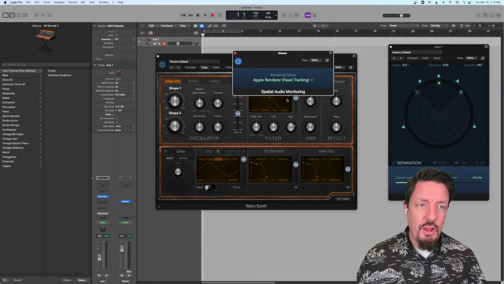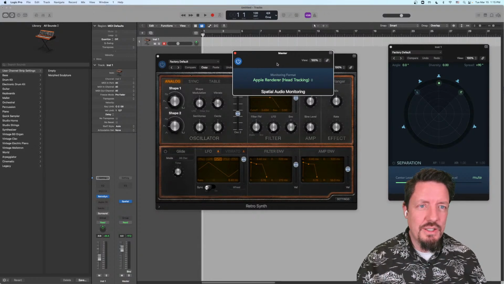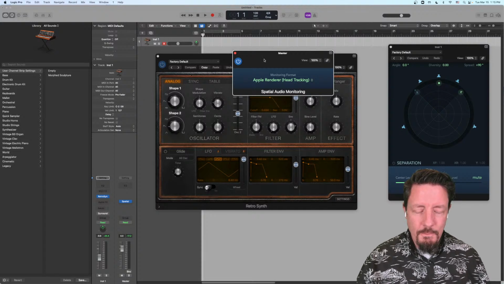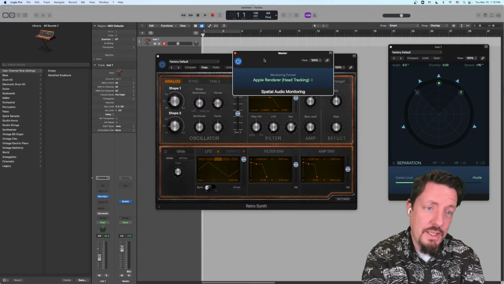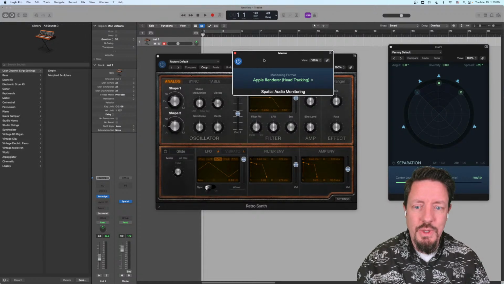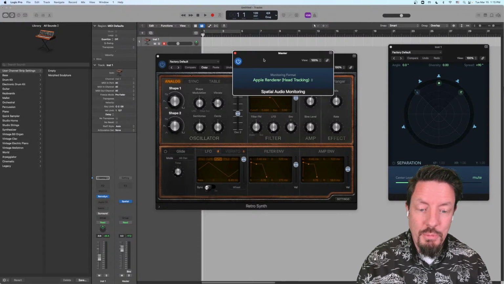So without spatial audio even turned on, I can monitor 5.1, or really, there's no subwoofer attached to my head. So I'm doing a traditional surround format with a surround panner, and I'm using the Apple renderer with head tracking to be able to hear that sound as it stays in front of me. This is huge in some ways. It means if I'm traveling someplace with an M1 Mac, and I want to mix when I'm on an airplane,